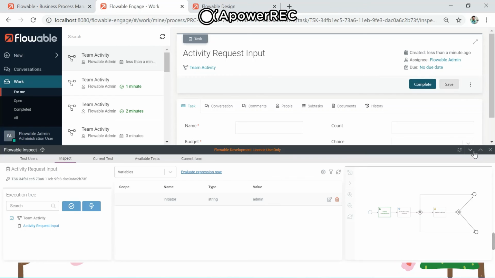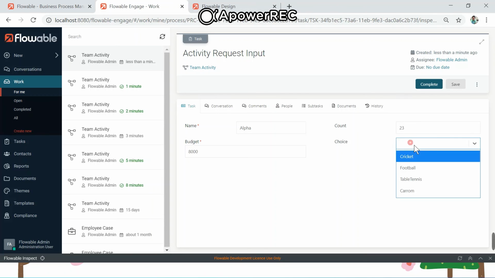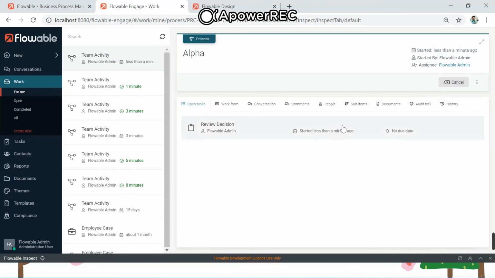Again, do all such things. Let's say Alpha, count is 23, budget is 8,000. But now we are having a choice of indoor game, carom. So if we complete, it should move to the review task.